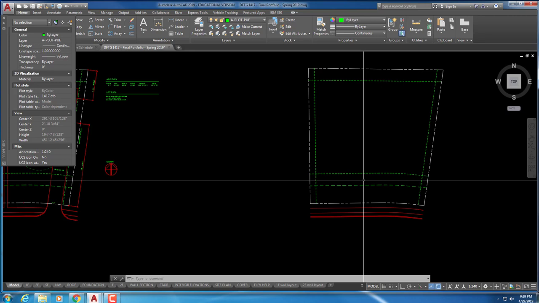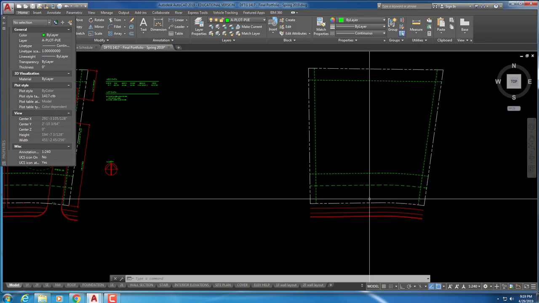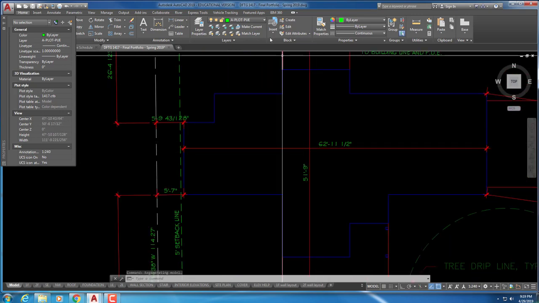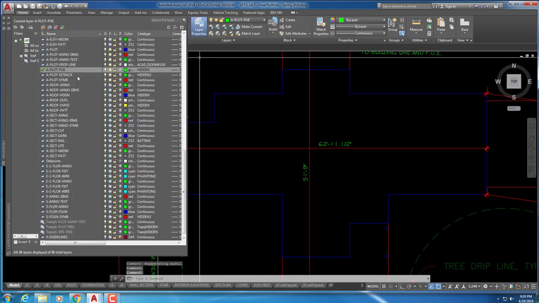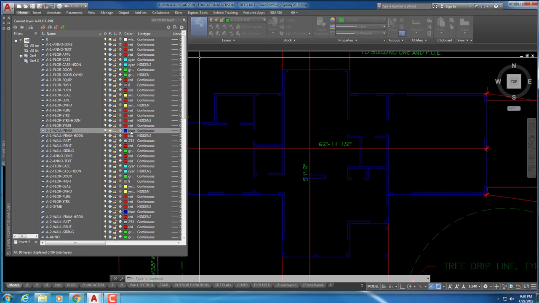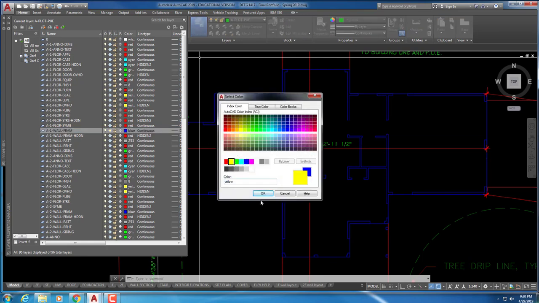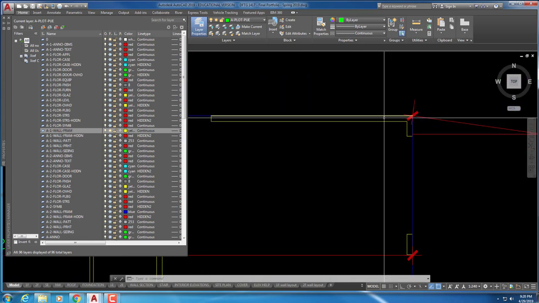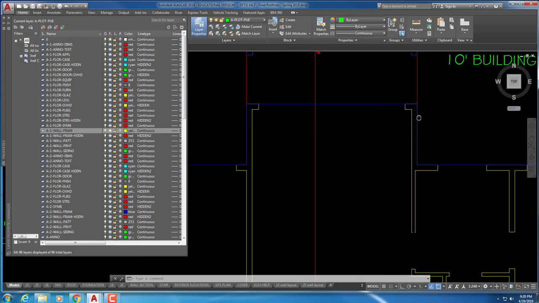Let's locate the house. The easiest way to do that is to find out where the perimeter line of the frame wall on the first floor is, plus the porches. So let me show you. I'm going to go back to A1 frame, A1 wall frame. I'm going to change the color here, at least temporarily, to yellow so we can see it. All right, so the edge line of the house, the perimeter line of the frame,